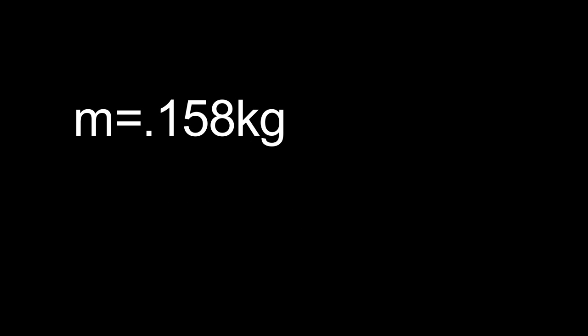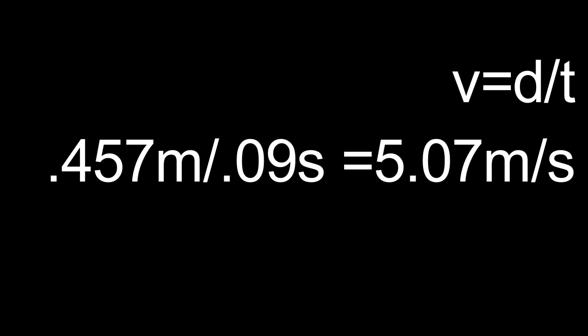To further understand this, I will figure out the angular momentum of flipping a water bottle. The equation for angular momentum is L equals R times P. For this, I need the radial distance, which is from the cap to the center of the remaining water in the bottle. I found that the radial distance is 0.17 meters. Next, I need to find the linear momentum, which is P equals M times V. The mass is 0.158 kilograms, and the velocity is distance divided by time, so 0.457 meters divided by 0.09 seconds